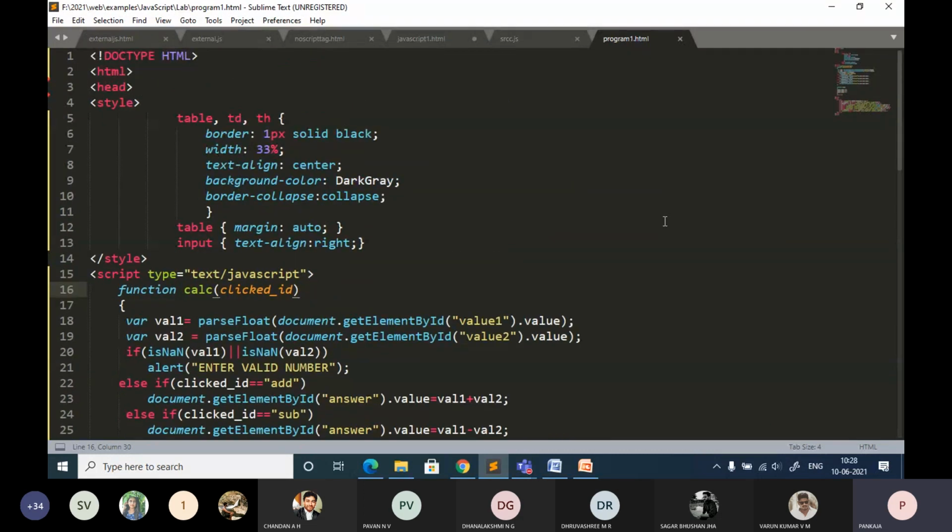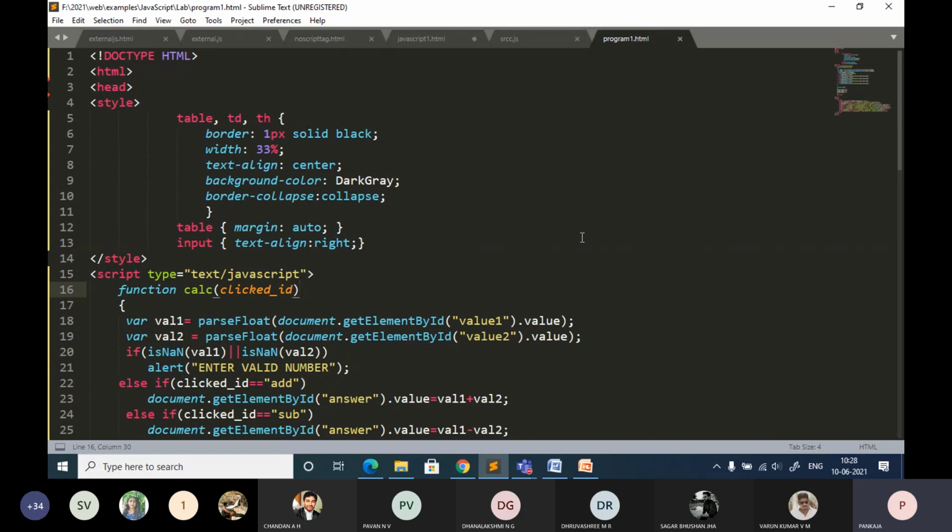As per my knowledge many of you have a laptop, so you can use Sublime or Visual Studio Code, or other editors like Notepad++. You can use any editor and execute it. It does not matter, you don't have to use Sublime only.